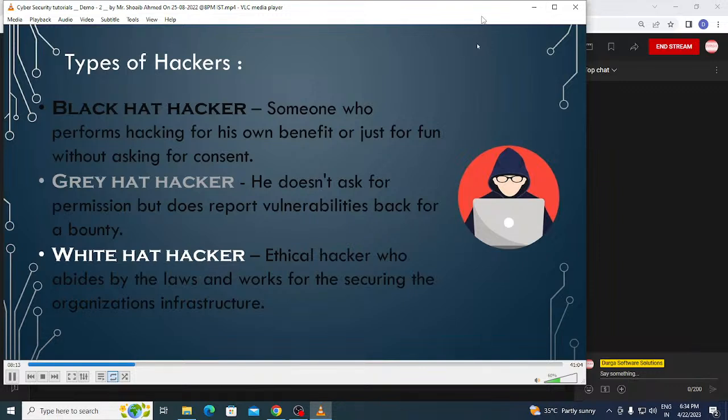So they do not cross any line, they do not perform exploitation of any vulnerabilities, they only work to increase the security of the organization. Now, in between white hat hackers and black hat hackers, there's someone else known as a gray hat hacker. Now, as the name itself suggests, these people have both the qualities of black hat as well as a white hat